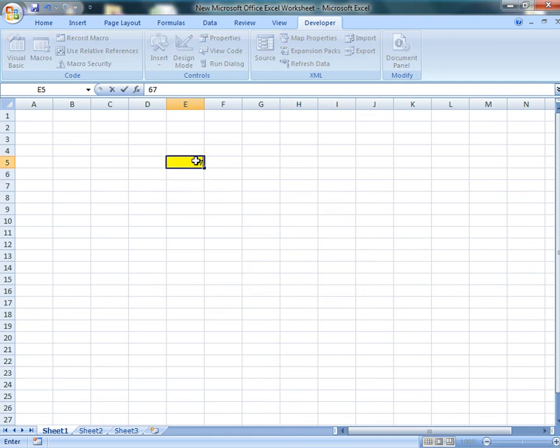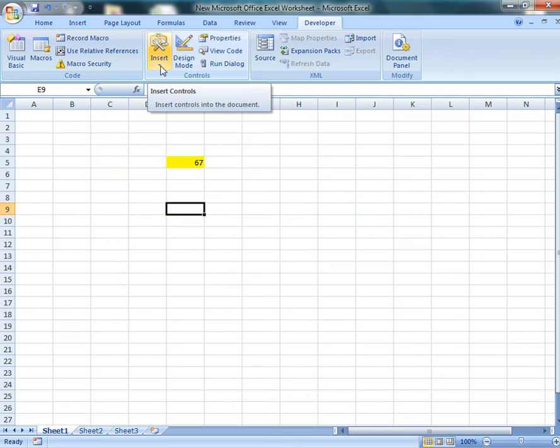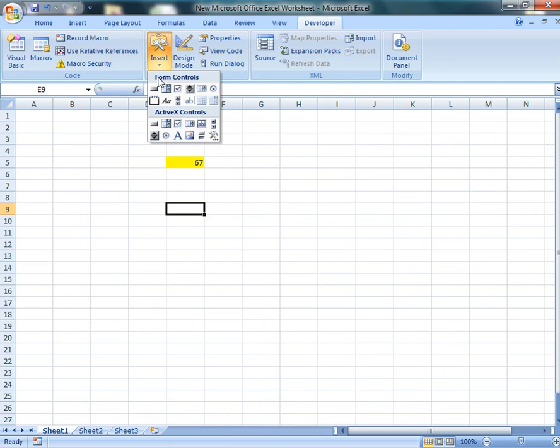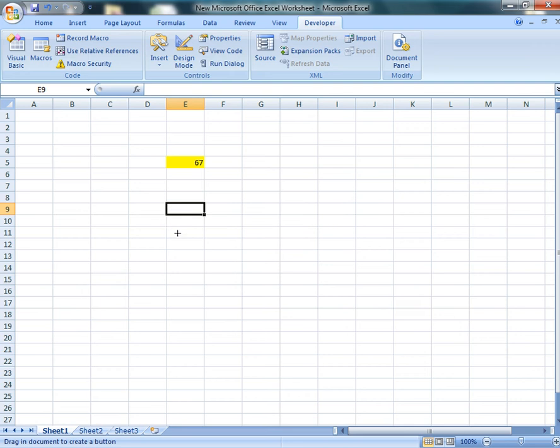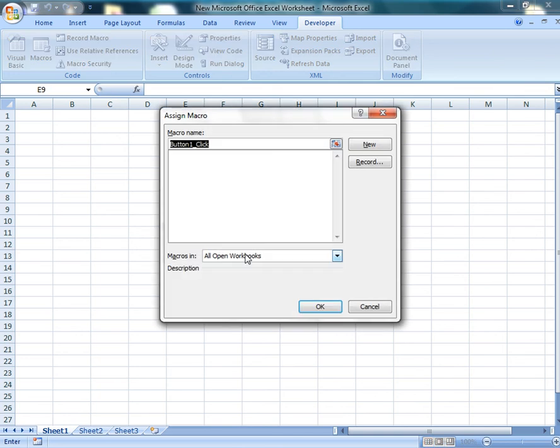Now let's see if you want this message box to appear on a button click. To do this, we can go to Insert in the Developer tab and insert a button. So we take the button and place it here. Now whenever you insert a button, you have to assign a macro to it. So we'll click on New Macro,